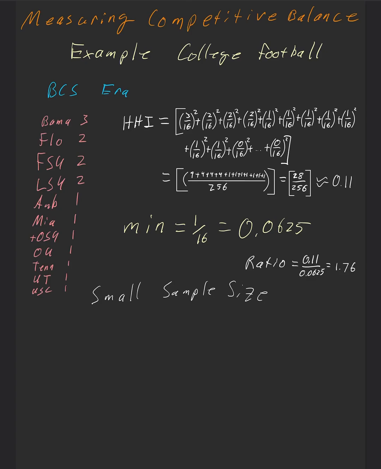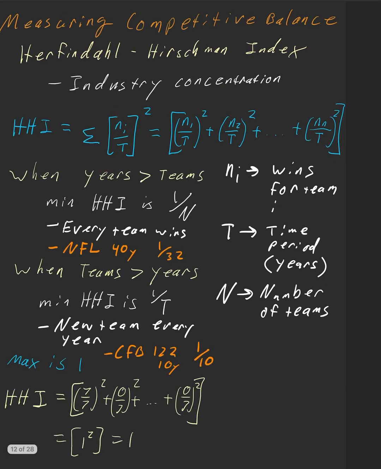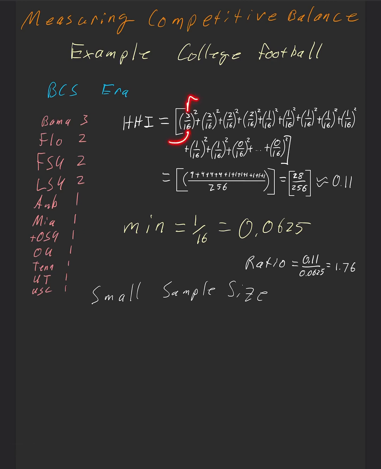So how do we go about calculating this HHI? Remember what I said? Let's go back to the page very briefly, right? It's the number of wins over the time period. So Alabama won 3. There were 16 years. Florida 2 over 16, Florida State 2 over 16, LSU 2 over 16, and then we have Auburn, Miami, Ohio State, Oklahoma, Tennessee, Texas, and USC all won 1. Every other team won 0. So we can just sum up all of those. We then do the math on this, right, which is 16 times 16, and then 3 times 3, 2 times 2, and so on until we get this number here. That sums up to be 28 over 256, and that is